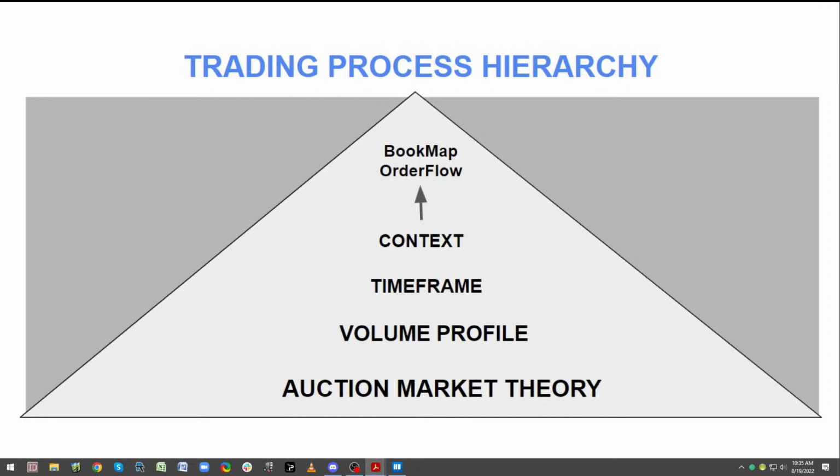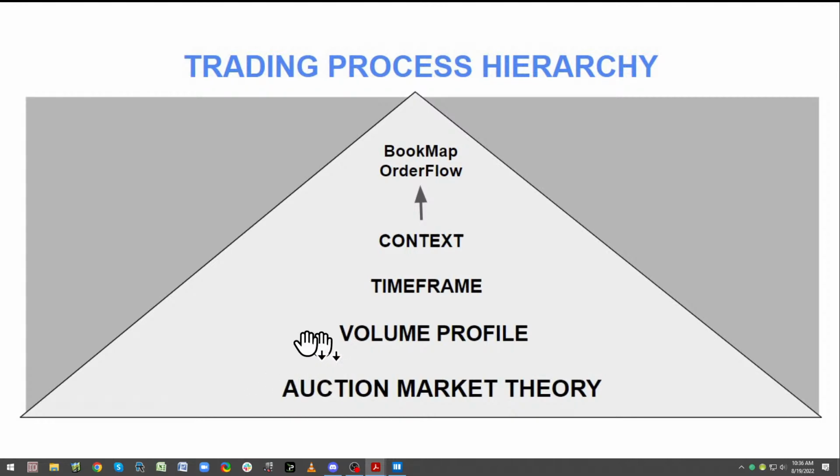Now, if the sellers want to engage the buyers, what has to happen? They have to lower the price. And they lower the price to attract the buyers. And at some point, the volume or the agreement between a fair price of buyer and seller will create high volume. And we can recognize that high volume in the volume profile, which allows us to see volume at price. The other aspect of that is that's retail, right? So if you want to equate it to our shopping experience, because we are market participants in the supermarket, the financial market works the same way. It's just a lot more volume, a lot more activity.